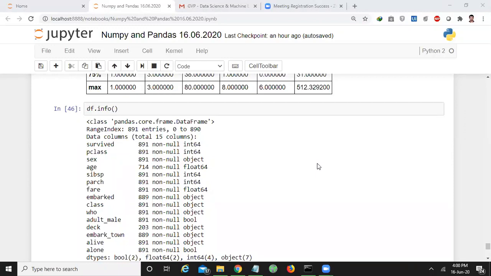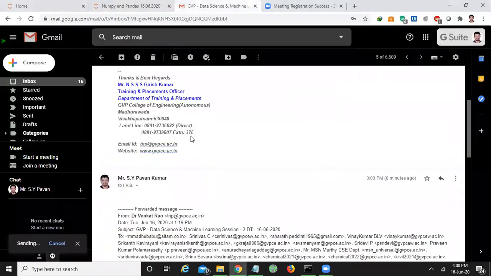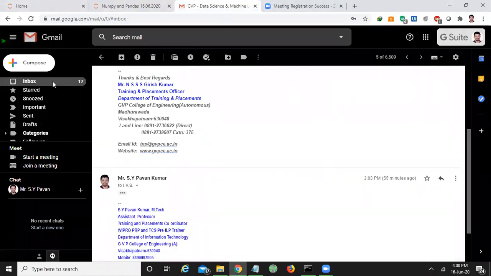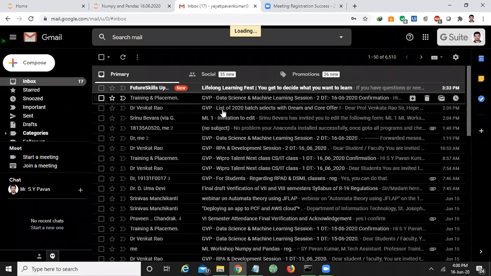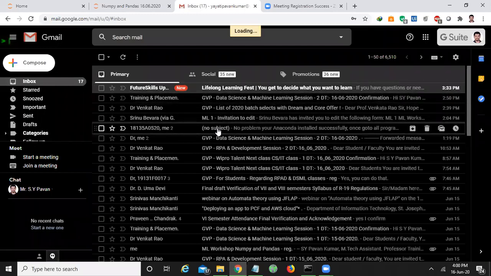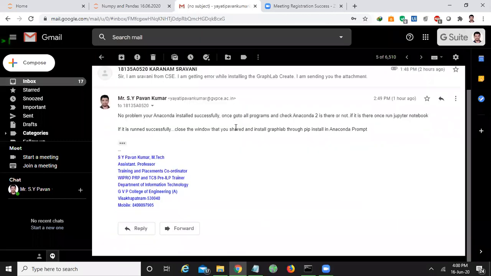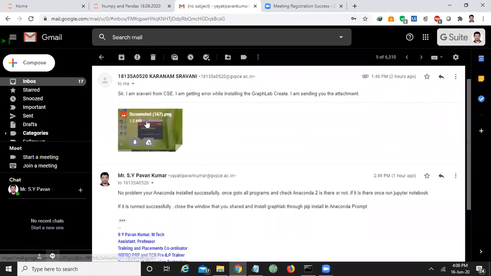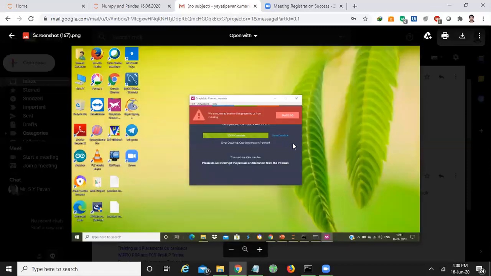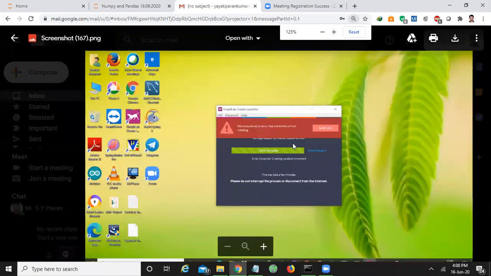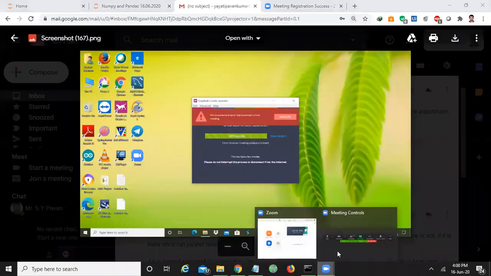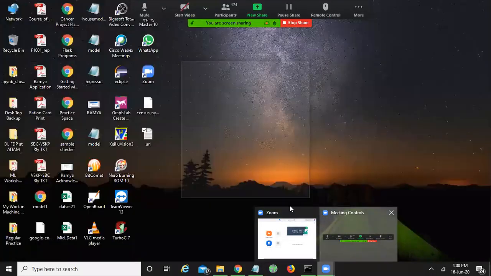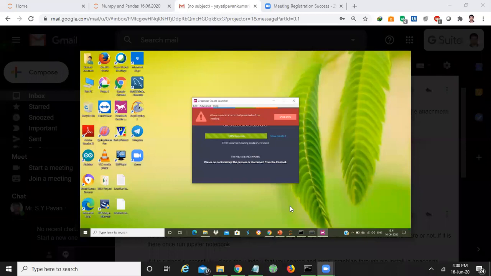See, again, one more time I want to remind you. So many people are getting this screen. While installing today, I got one screenshot from a student. I think most of the people had stopped with this screenshot only, right? Most of the people. Am I right? So no problem. Your Anaconda has been successfully installed.